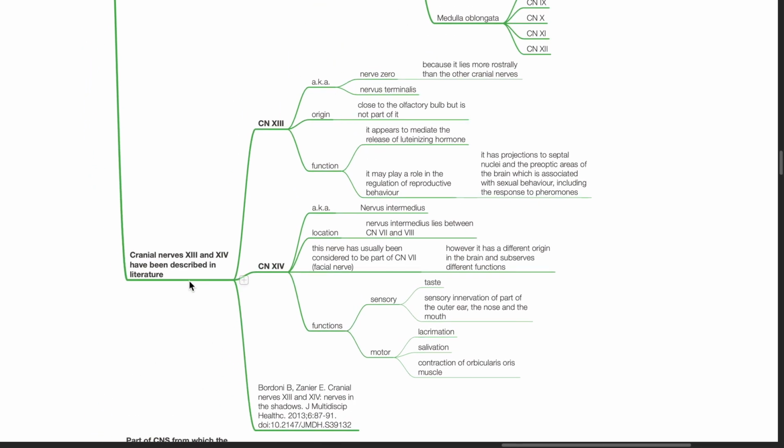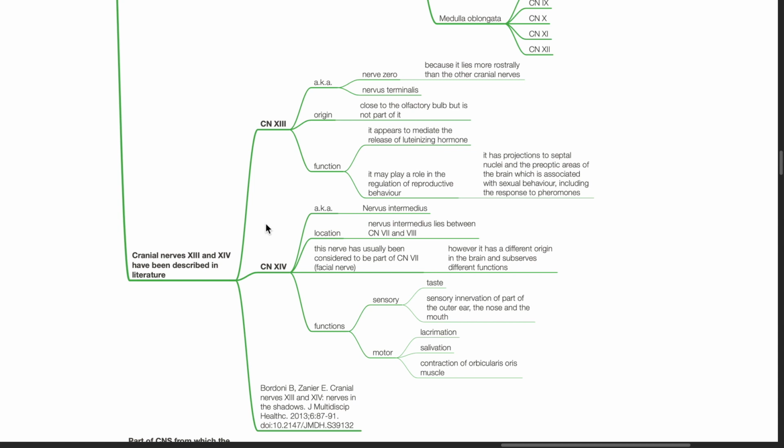Cranial nerves 13 and 14 have been described in literature. Cranial nerve 13, also known as nerve 0 or nervus terminalis, originates close to the olfactory bulb but is not part of it. Function. Cranial nerve 13 appears to mediate the release of luteinizing hormone. It may play a role in the regulation of reproductive behavior. It has projections to septal nuclei and the preoptic areas of the brain, which are associated with sexual behavior, including